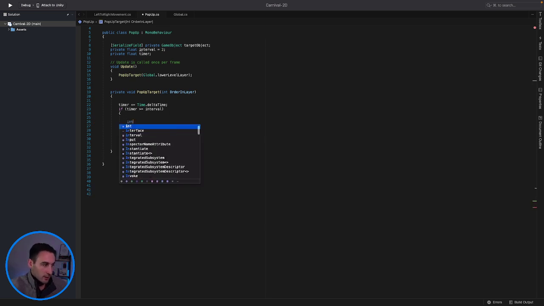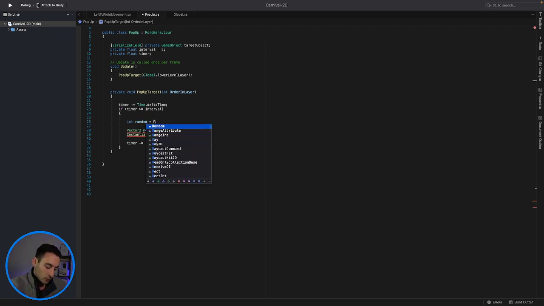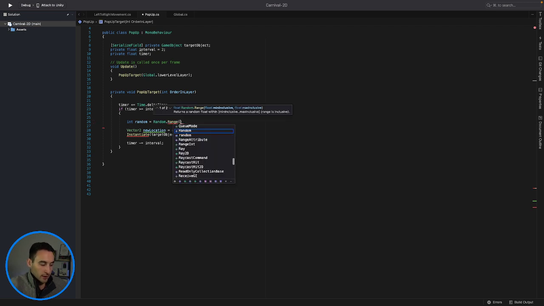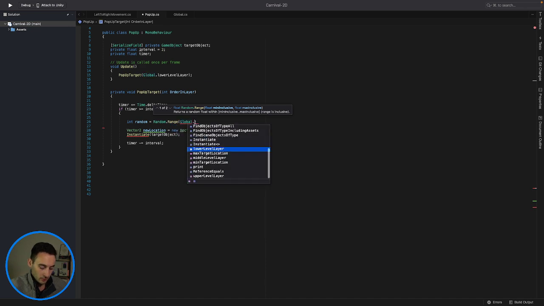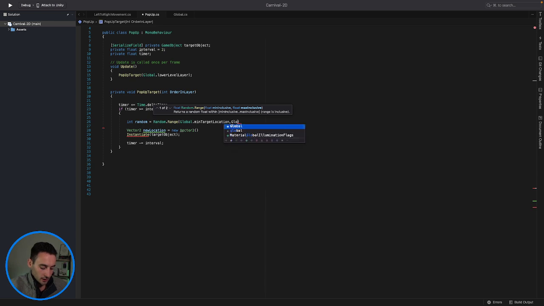So here we'll say int random is equal to random dot range, I think it's range only, and then giving it the range, and that is going to be global dot minimum target location, and the max is going to be global dot max target location, like that. Then for our vector2 x value, we can use our random, and then for our